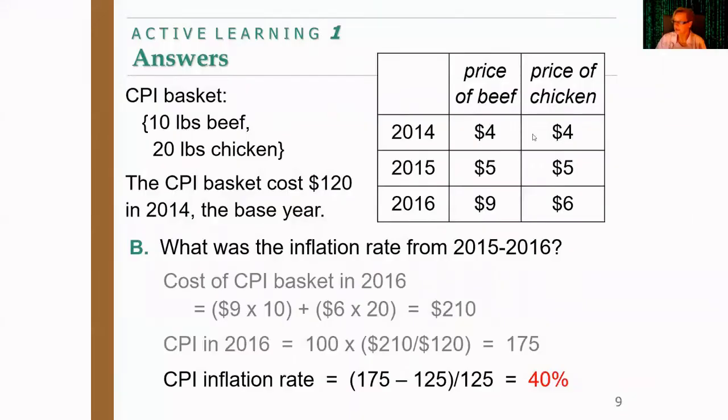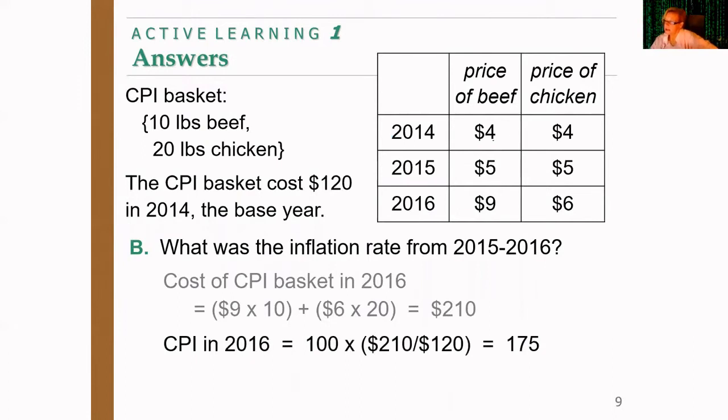What we're going to do in the rest of them is talk a little bit more about how we construct the consumer price index and some problems that we have in the consumer price index. For example, one of the things I want to show you, I'm going to allude to it now, but we're going to talk about it more in the next objective. Let me go back into my slides for a moment. Look at what happened in our example: the price of beef went from $4 to $9, more than doubled,